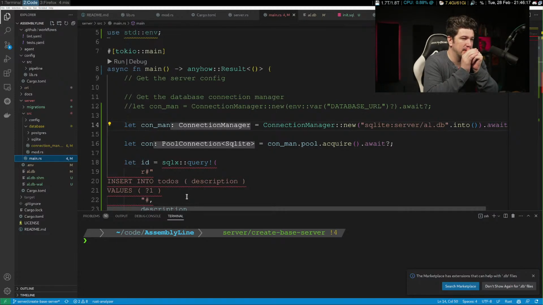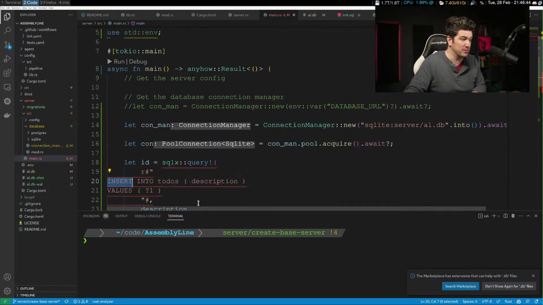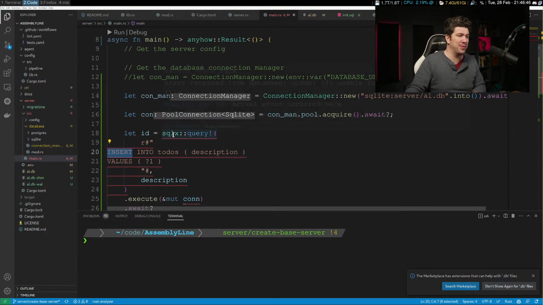All right. How do we test this? How do we figure out what's wrong? Oh, all right. Russell, when you say create table, did you mean run migration or change this into a create table statement? I think you meant run migrations because that's what I did, but maybe I misunderstood your comment. We could make a create table statement, but I don't think that's going to help anything here.